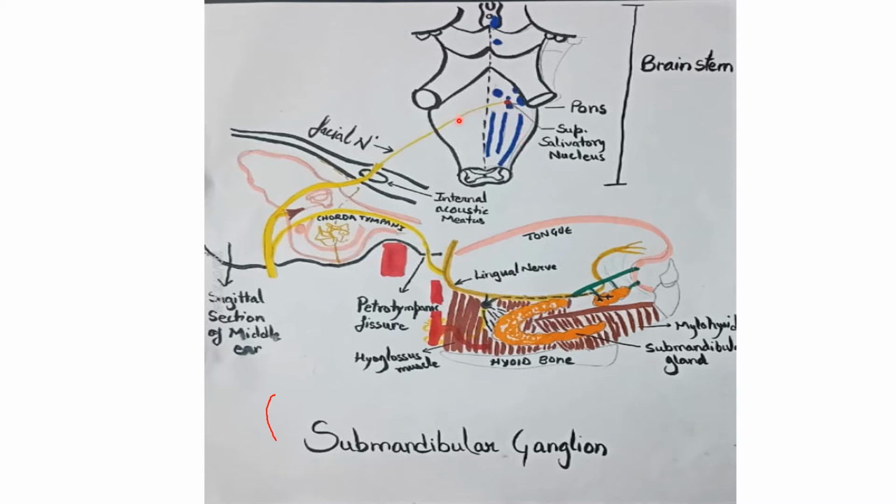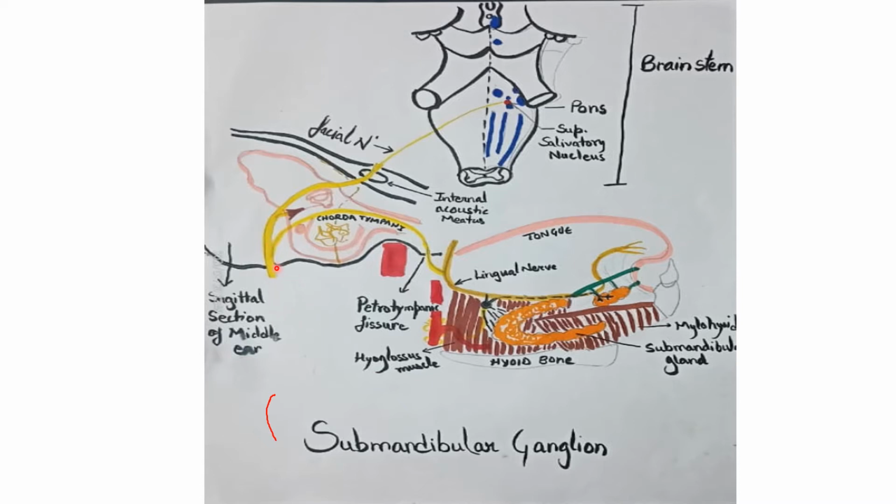The fibers enter through the facial nerve, right? And the facial nerve with the eighth cranial nerve enters through the internal acoustic meatus into the middle ear. This is the horizontal part of the facial nerve and this is the vertical part. The facial nerve exits the cranial cavity via a foramen called the stylomastoid foramen, right? It divides into two and gives the posterior auricular branch, the branch to the posterior belly of digastric, and further divides into five branches, which we already know: temporal, zygomatic, buccal, marginal mandibular, and cervical.